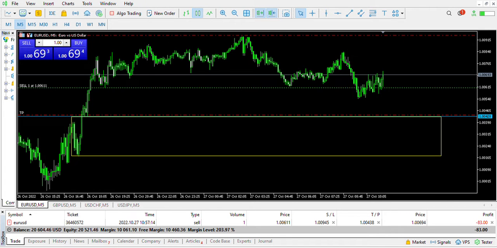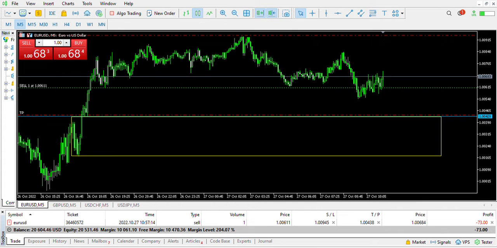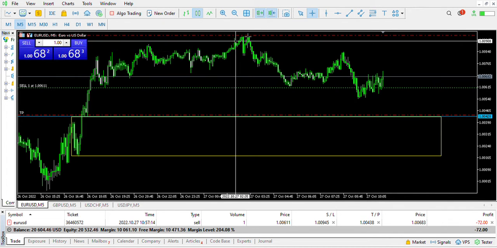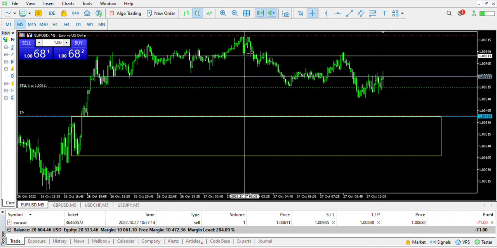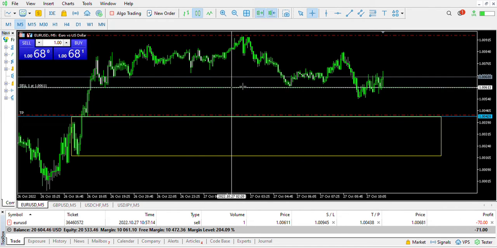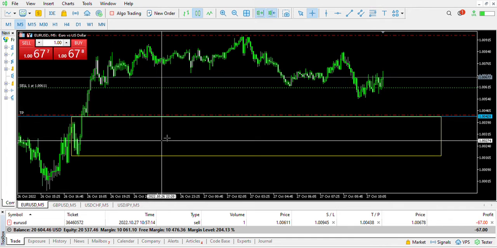So I'll quickly walk through my setup and what I'm seeing and why I took this trade. So we are on the Euro USD. It's been on an uptrend recently and it's hit some key areas overnight. So it stopped around here, right? So now I'm looking for price actually to come down to this demand section and take a buy to continue